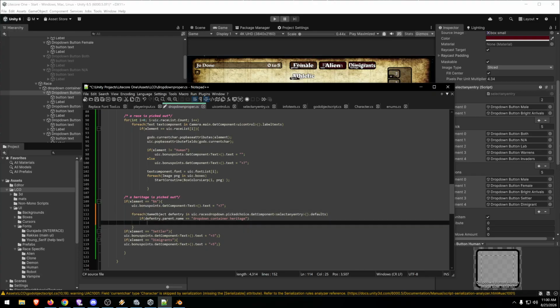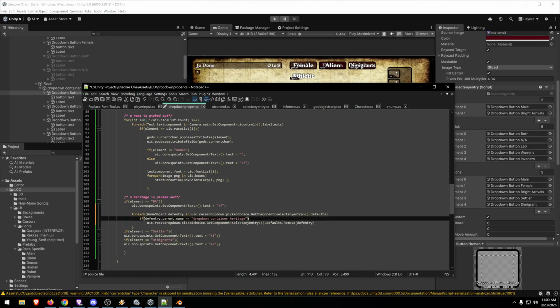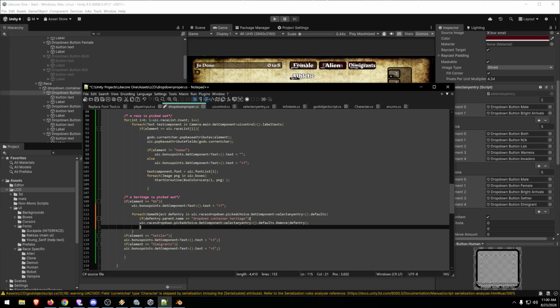Copy if defaults remove def entry. So we're going to need two things here. Removing the default entry plus